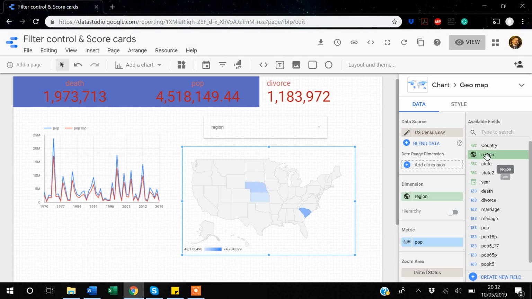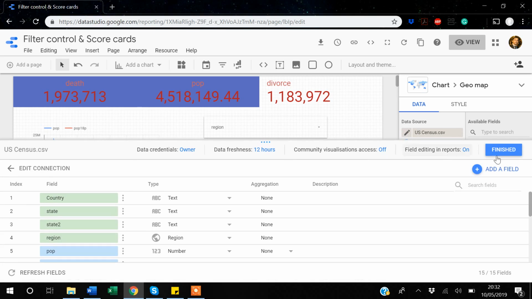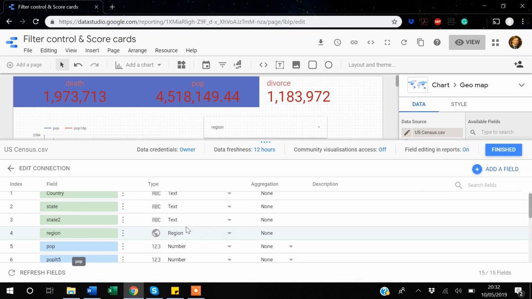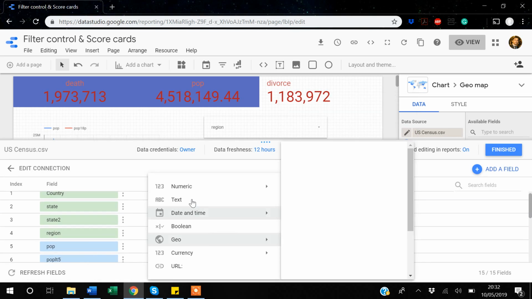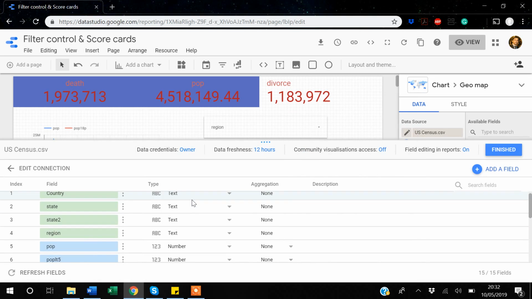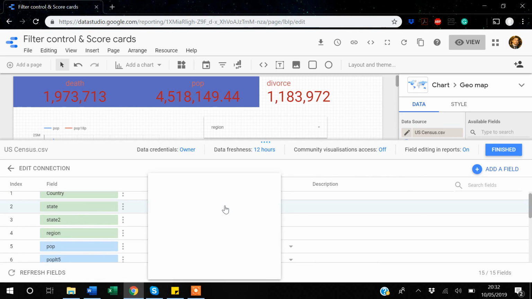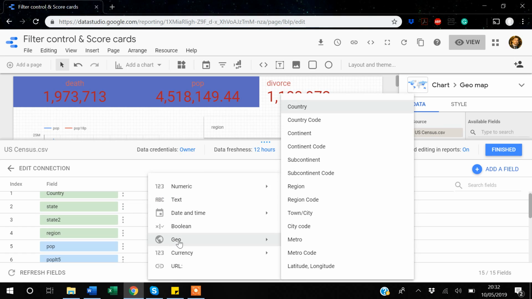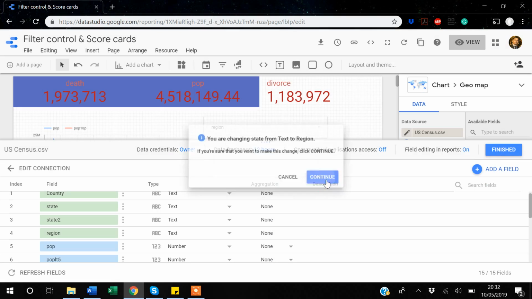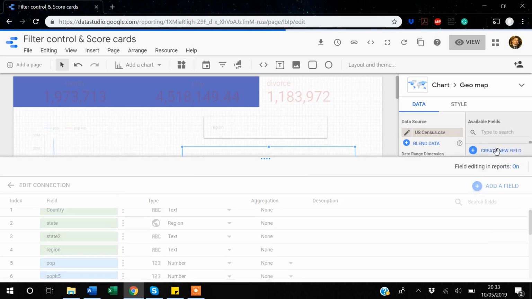Sorry, I have selected the wrong data. Actually, it's the state I want to create as a region. So I will change it again. I will consider region as text, and state actually as region. So go to the geo category, and I will select region. So continue, finish,